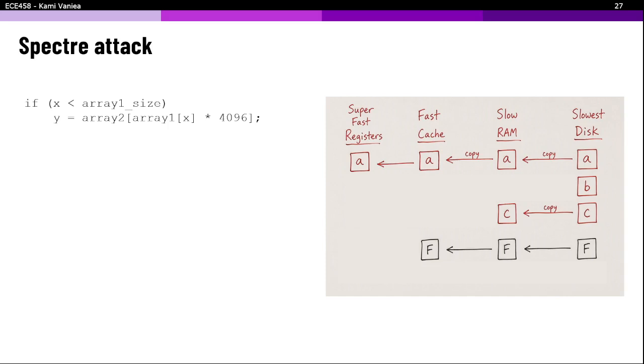If B is greater than 3, we're going to write to C. So we're going to initiate this conversion with C. If B is not greater than 3, then we're going to do the same thing with D. In this case, let's assume that B is 5. Since B is 5, we're going to initiate this.